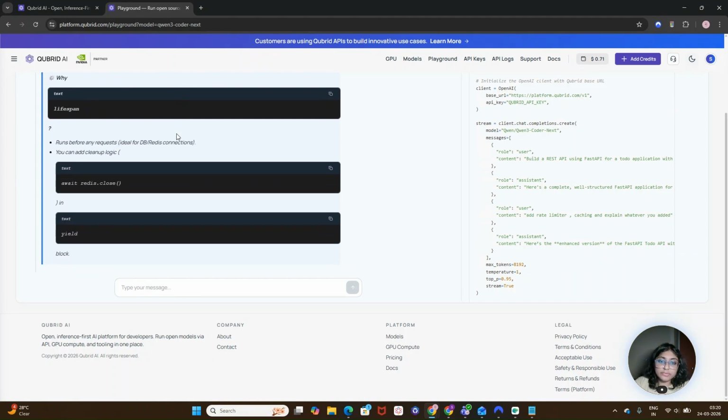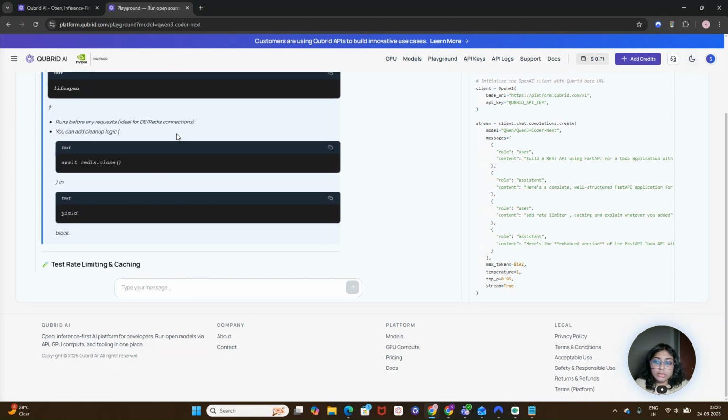So the major difference between the previous models, that is the difference between the Qwen Flash model, the Qwen Plus model, and the Qwen Next model, is that the Qwen Coder Flash model is the fastest model, which is a speed focused model, and which is better for fast and quick tasks.